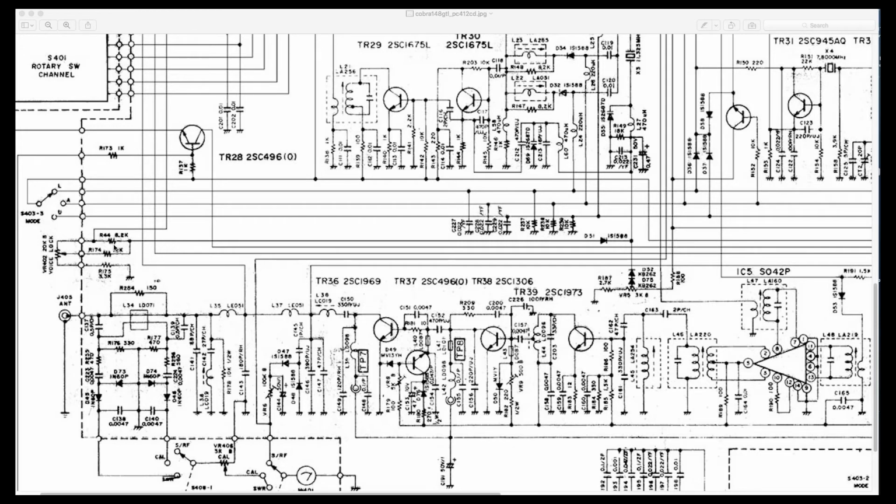R44 maybe might give slightly more range, but yeah, not really necessary. So when I took all those parts out, it seemed like overkill, you know. Anyway, that's it. And yeah, radio's pretty